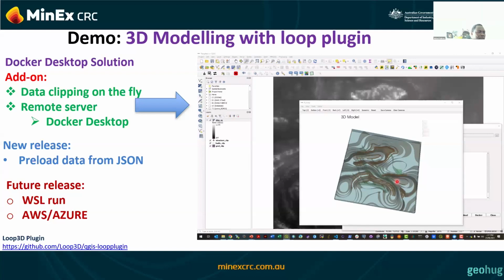But what if you want to repeat the same exercise with the same data without loading it? Then we have released in the new version a preload data JSON, which is not shown in this video. So basically, when you load your data, if you click, for example, on the geology layer, it will ask you, do you want to load it from a JSON file format, or do you want to do the same thing as before? Because you saved it once, all these parameters are saved in your directory as well. You can just retrieve all the information and change some of the small parameters.